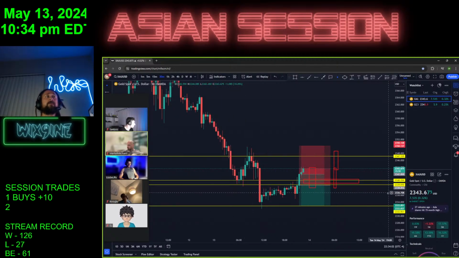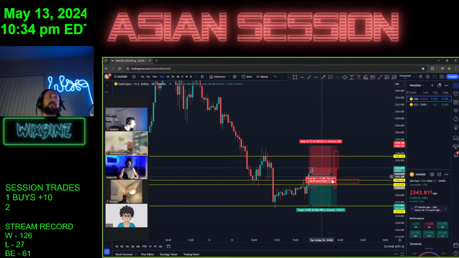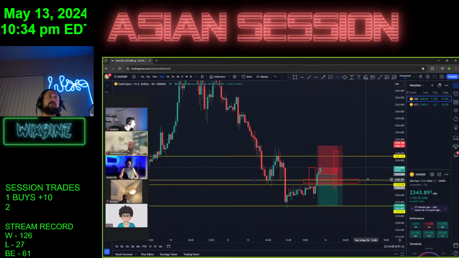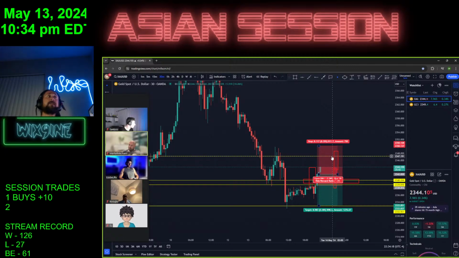Can it? Of course, market can do anything, but probability dictates it'll tap 39, 40 areas before deciding to take off. So even if we do fill the range here, which we probably will, that's not a reason for me to close. It's got to be closures above, it's got to be orders grabbed to the downside and then come up.